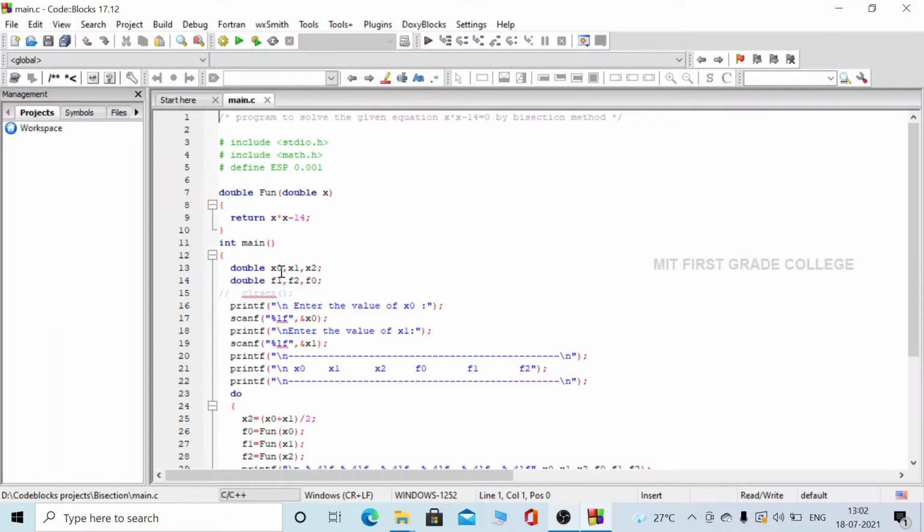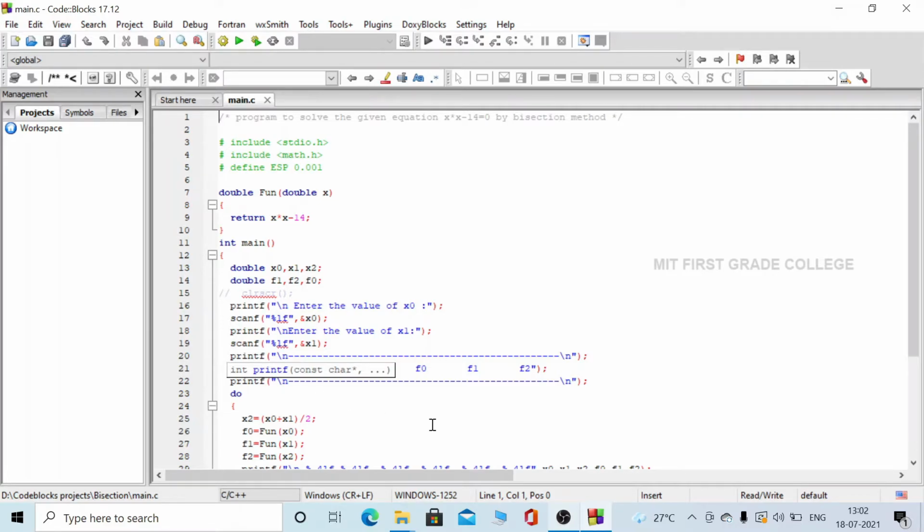Here you can see x0 and x1 are initialized, and then we are giving the two initial values as input for x0 and x1, and the value is stored in x2, so x2 is initialized, and we are using these statements for printing values in a table form.